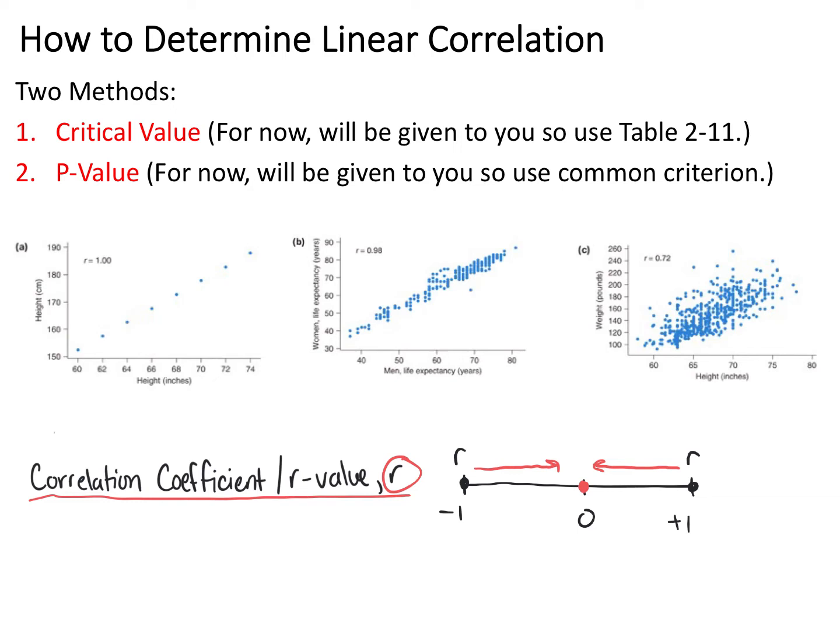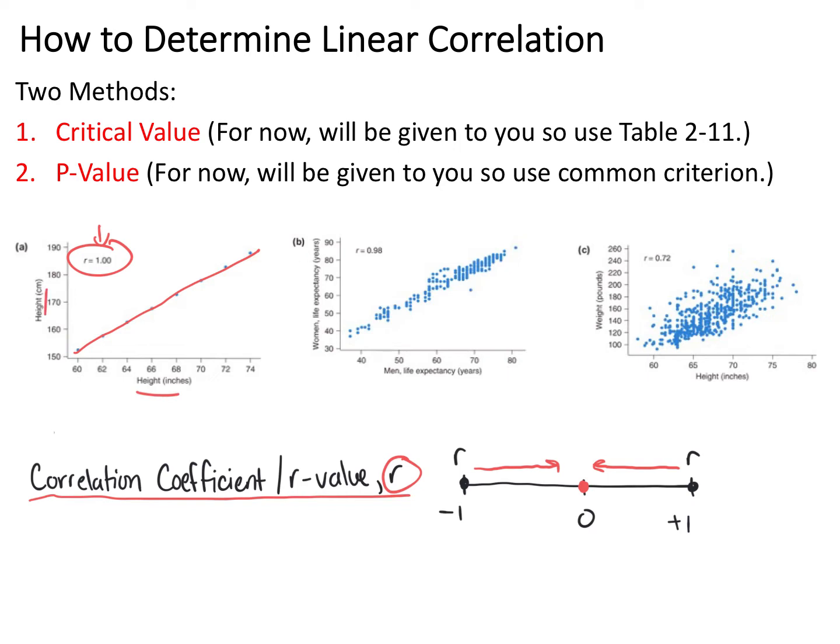So real quickly here, I have 3 examples of 3 different paired or matched data, and they're all positive. They all have a positive trend, but I just want to show you the difference between a data set that has a correlation coefficient of +1. So here, let me redraw that line here. If I were to try to fit my data with a regression line, or what we call a line of best fit, hopefully you can see that all the data points fit on that line perfectly, and so the correlation coefficient is 1, and so that means that there is a very strong linear correlation between heights in inches and